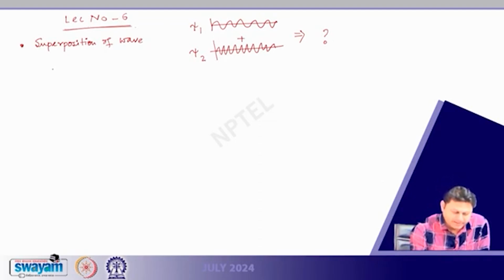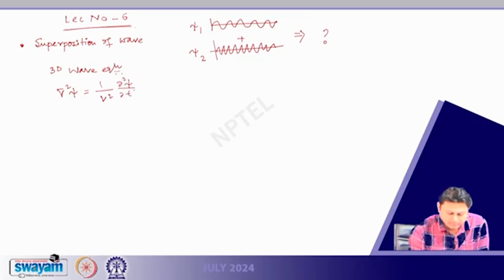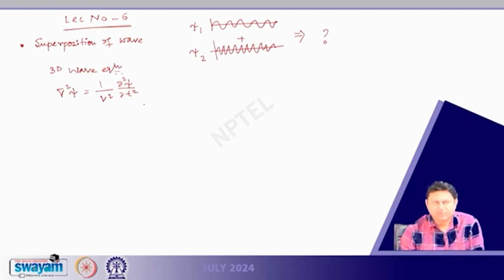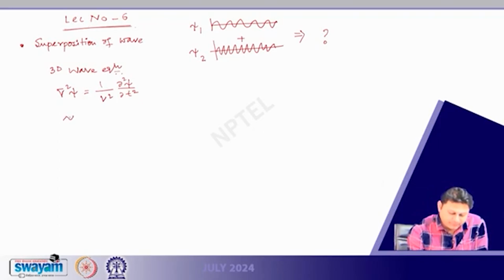So let me write down the 3D wave equation once again. We have del square psi is equal to 1 divided by v square del 2 psi del t square. V is a velocity. I am just writing for a general wave, not for an electromagnetic wave. Now, if psi 1, psi 2, psi 3 and psi n are the solution of